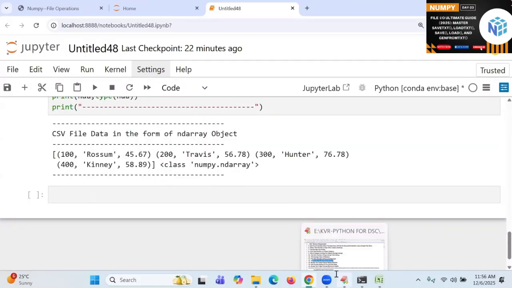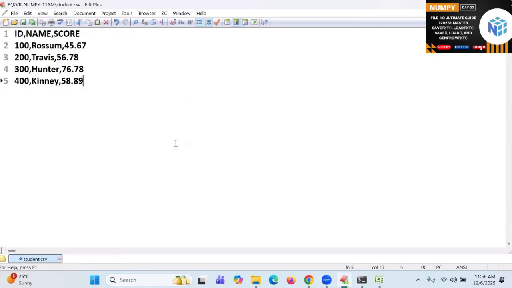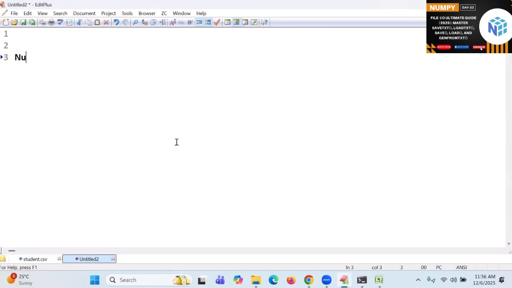So how many functions are there in dealing with files? Come on, for my satisfaction. When you go to NumPy with IO, I want input output operations. Input means reading, O means output. What are the output operations? Save txt, save, all those things are saving the data. That is called writing to the file. Reading is called load txt and load, and gen from txt. These come under IO operations.